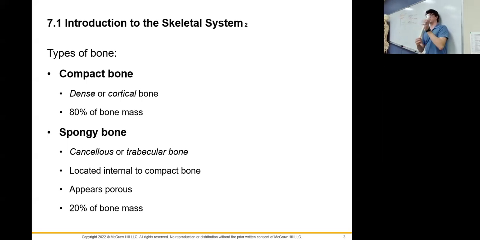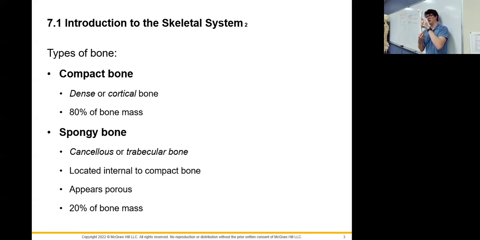This is where the bending forces and weight are going to be primarily placed, where the bone is going to be under its biggest stress. So that means this is the part of the bone that we need to be the strongest. So this region of the bone, what we're going to call the diaphysis, is going to be composed